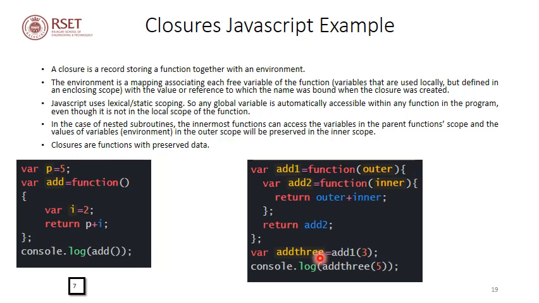Now if you do add3 of 5, that value 5 will be passed to add2. Now both of them have values. Notice that even in the second statement, when we do add3 of 5, the inner parameter gets the value 5, but add2 still preserves the value of the outer parameter, and it correctly returns 3 plus 5, which is 8. So in this case, add2 preserves the environment of add1. This is an example of a closure. So the output of the program will be 8.